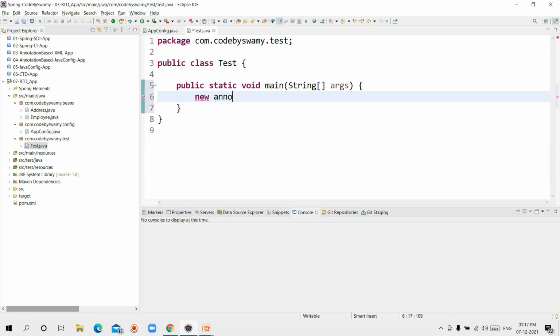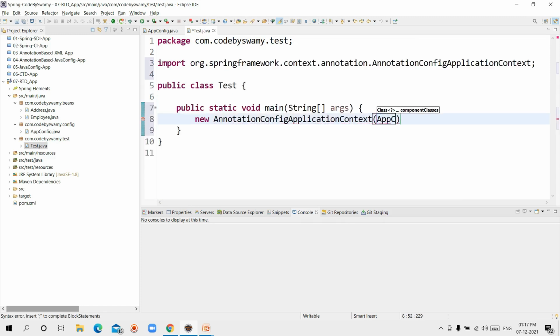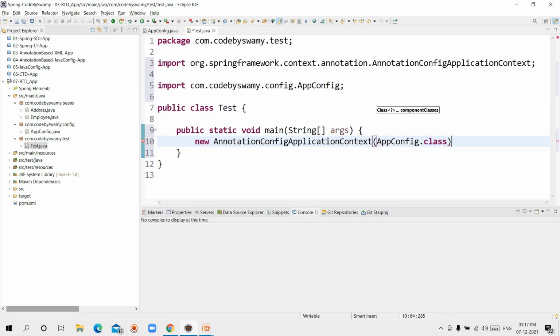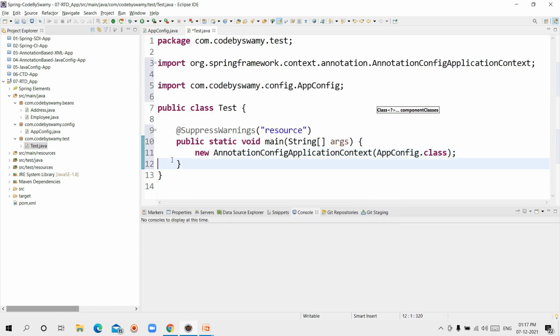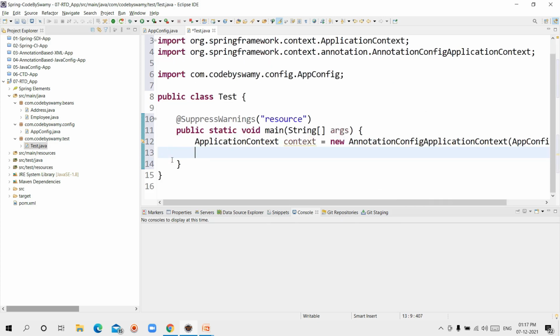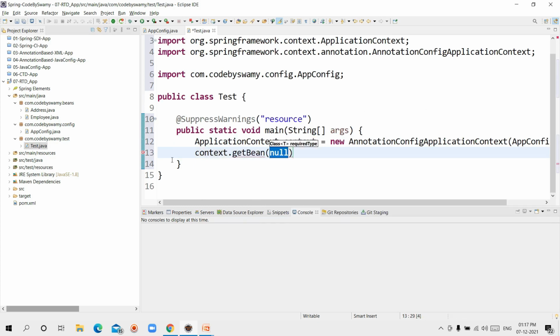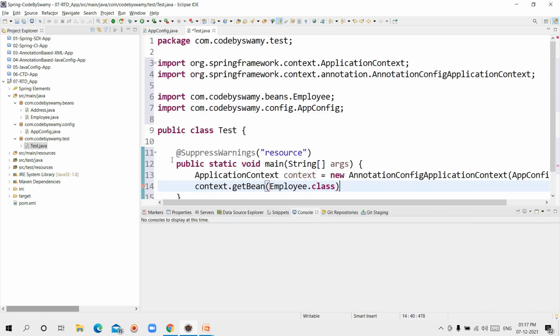New AnnotationConfigApplicationContext, AppConfig.class, which returns the ApplicationContext. context.getBean: I am asking the container to get the bean, Employee.class, and I can include the Java configuration method here.